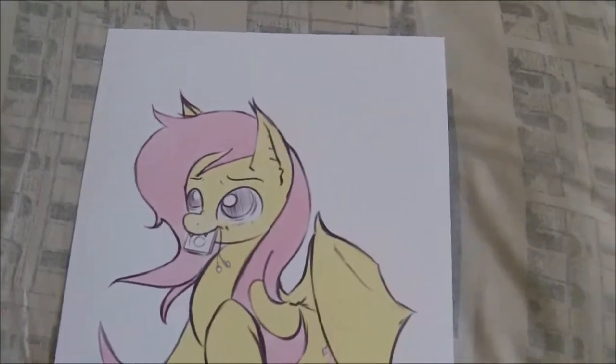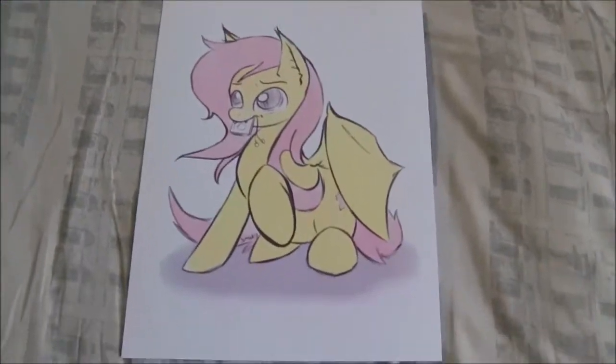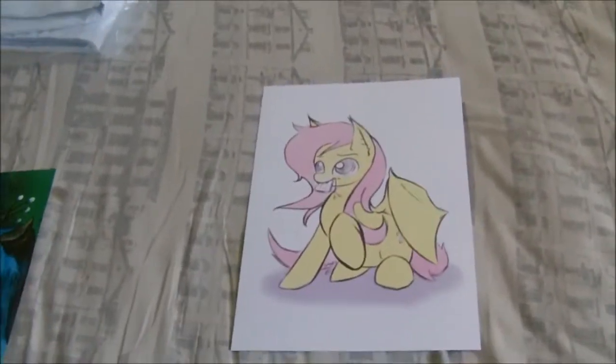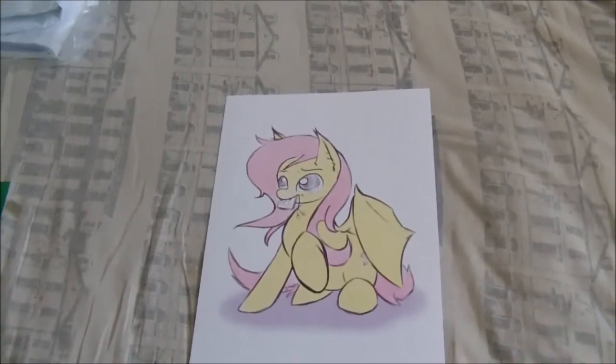Now we're going to start at the top, work our way down. We're going to start with an adorable little Fluttershy. And I will actually have to look back over the con vlog to see who did these. I'm sorry to all the artists. I can't read the scribble signatures. And some of them, these were bought for me as a gift, so I'm not sure where they came from. I'll have to look back, and I apologise once again to the artists who did them, but they are all